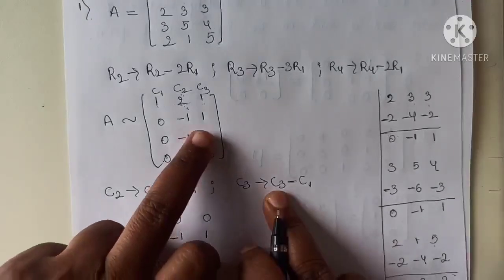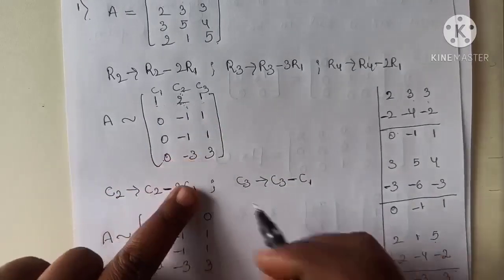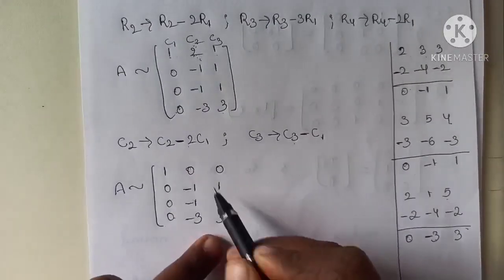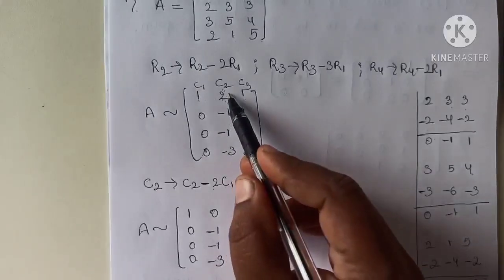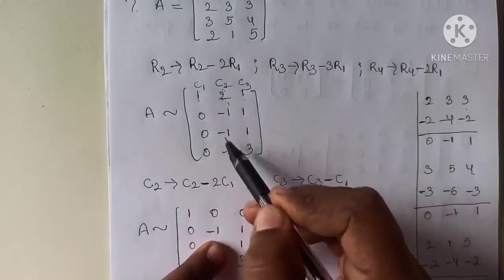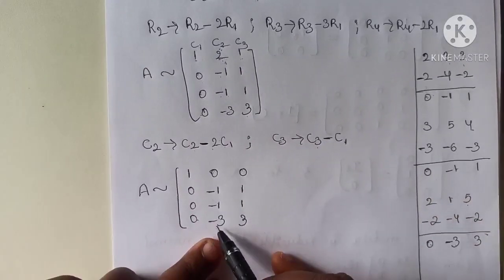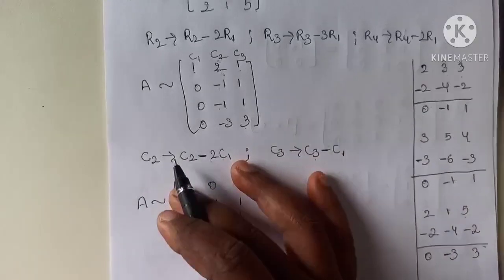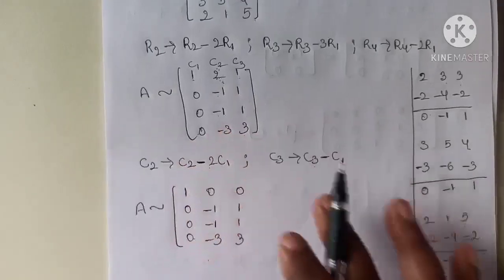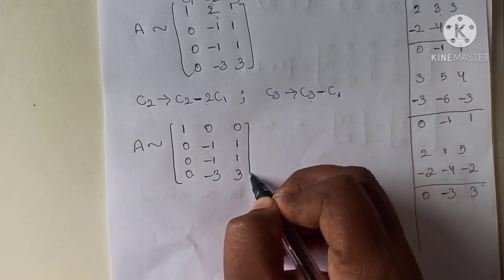You can observe that C3 is 1 minus C1. C1 means minus 0 equals plus 1. Next, C3, 1 minus 0 equals 0. 3 minus 0 we get 3. Even this C2 minus 2 C1: this one becomes 0. C2 is minus 2 into minus 0, so minus 1. Minus 1 minus 0 equals minus 1. Minus 3 minus 0 equals 0. Whenever you apply the column operation, if these elements are 0, then we can keep all the elements as they are. Next, we go for the second row element.